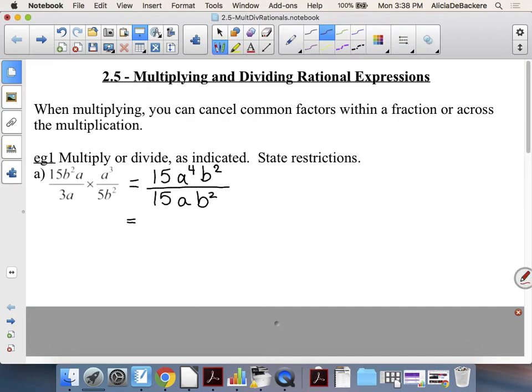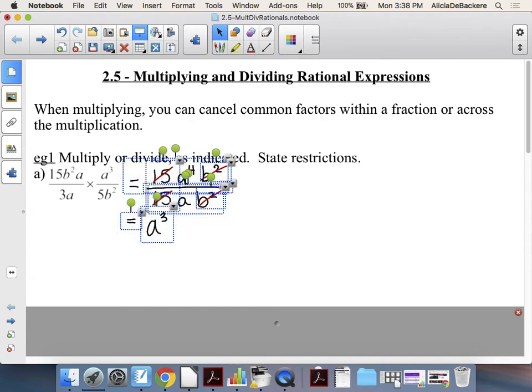So I notice that I've got a 15 over a 15, that's equal to 1. And I've got a b squared over a b squared, that's also equal to 1. And then I'm just left with a to the power 4 divided by 1a, and I'm left with a cubed, times 1, but just a cubed. Now the other way that you could have done that question, instead of starting that way,